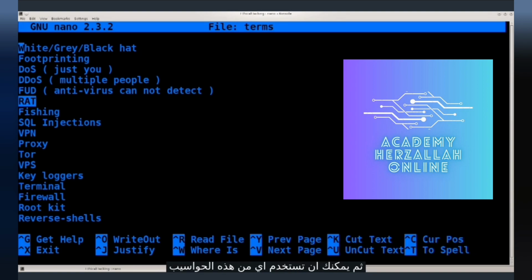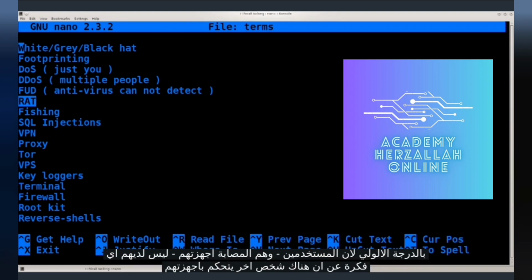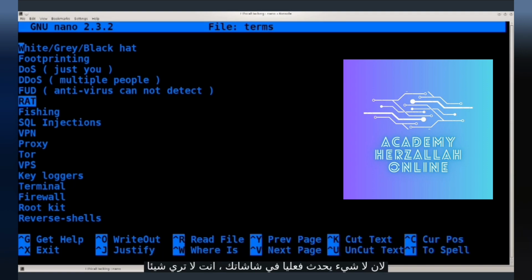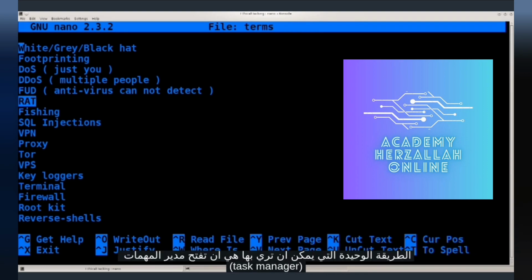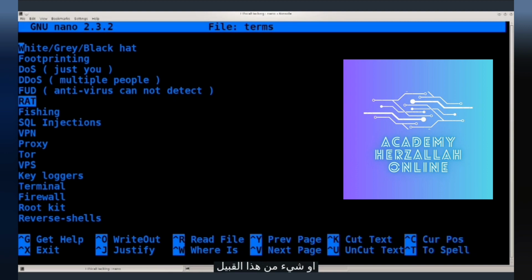And then you can use all of those computers to conduct all sorts of activity. This is very good because it anonymizes you to a very large extent. It is very difficult to track you. It is very difficult to track somebody down, whoever is doing this, primarily because the users who are infected have no idea that somebody else is controlling their devices, because nothing is really happening on your desktop. You can't really see. All the processes are being run in the background, and your processor is executing them. The only way to see it would be basically to start up a task manager or something of a kind,